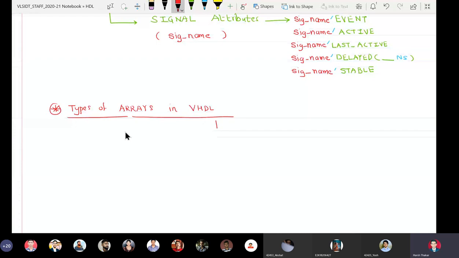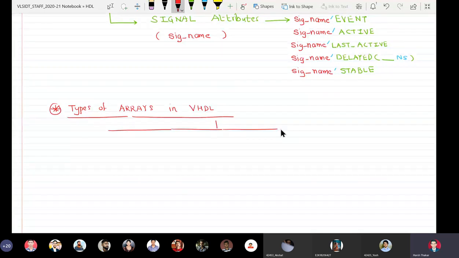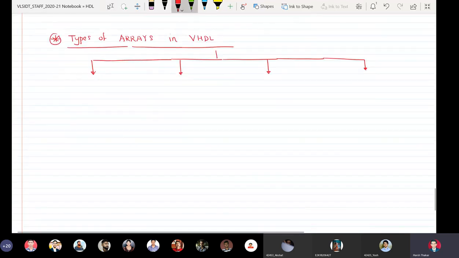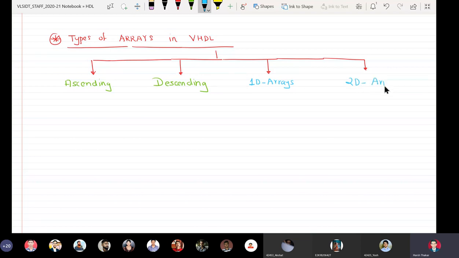We have ascending arrays, descending arrays, and we have 1D arrays and 2D arrays.